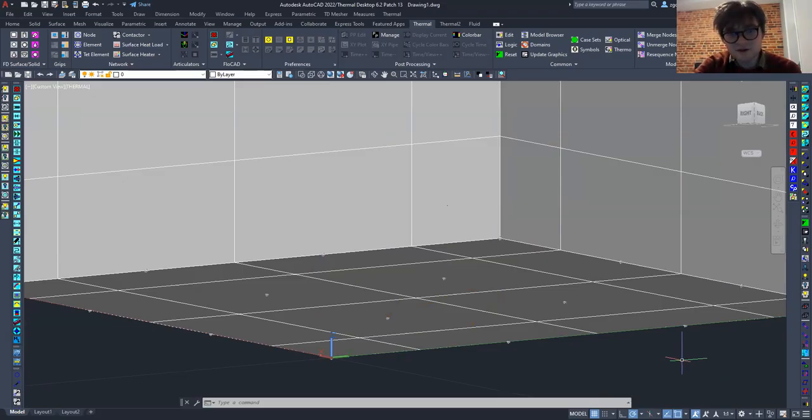Since these are similar materials, like in real life, there's some kind of clamping mechanism that's connecting these right here, just about. And so you really want to define a conductance value from this face to this face. Basically from this face to this face and this face and that face and that face. Because that's going to allow